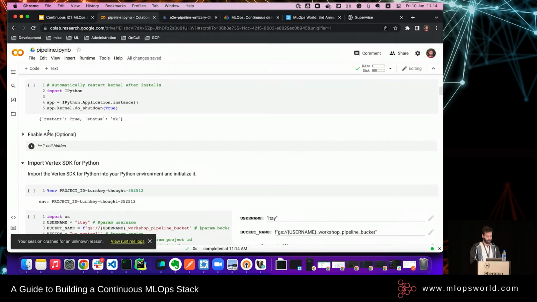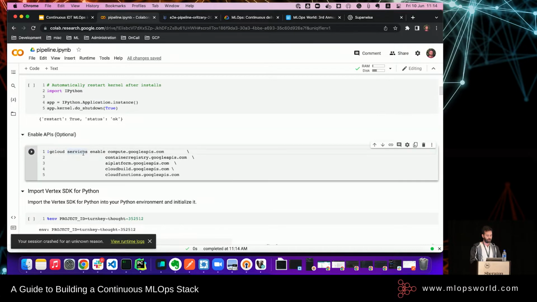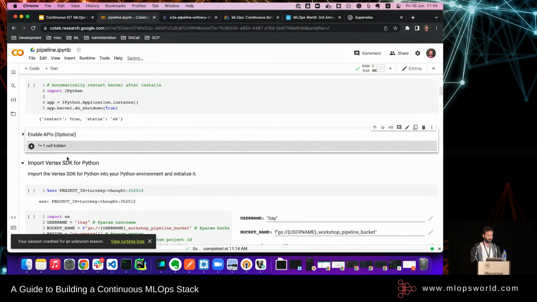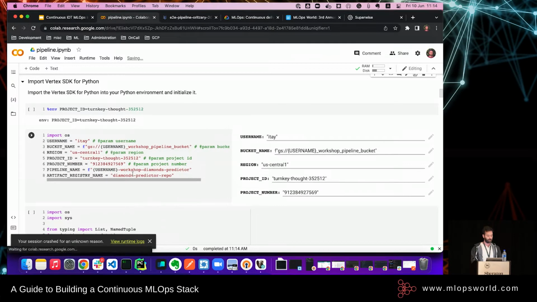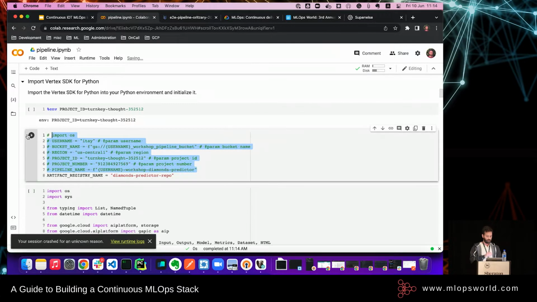Great. If you're working with Jupyter on your local host, you will need to run this one. If you're working with your own GCP project, not the one I defined, you will need to run this one just to enable some of the components of GCP. Next, we're going to do, you know what, I have this cell again, we just need this line. Sorry about this one. I had a few changes in the notebook in the last few minutes.